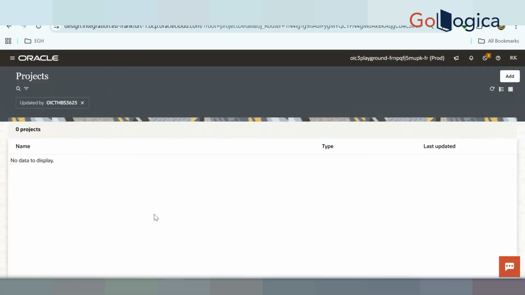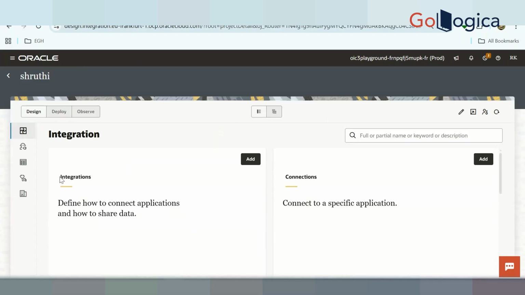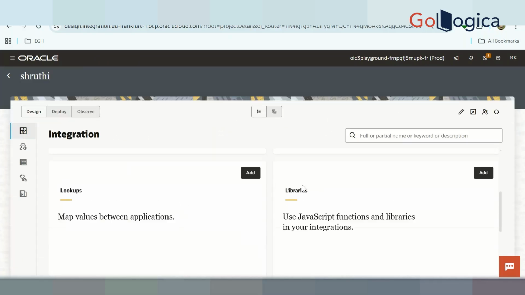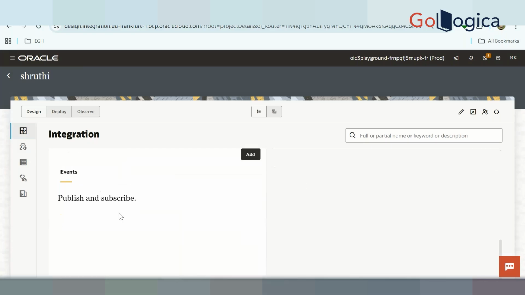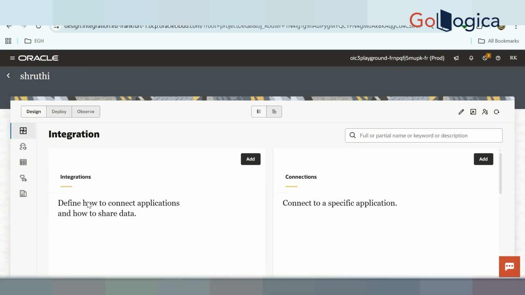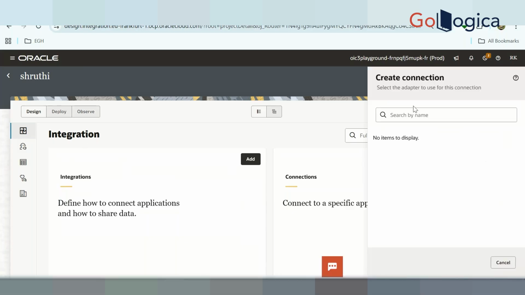Inside projects, in a single page we can access all the integrations, connections, lookups, libraries, events, everything. Even monitoring. So here I'll create one REST connection